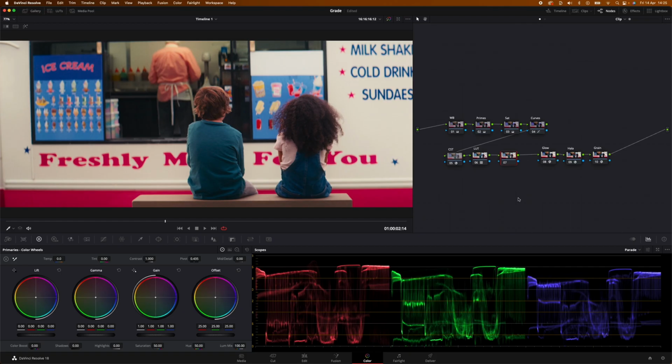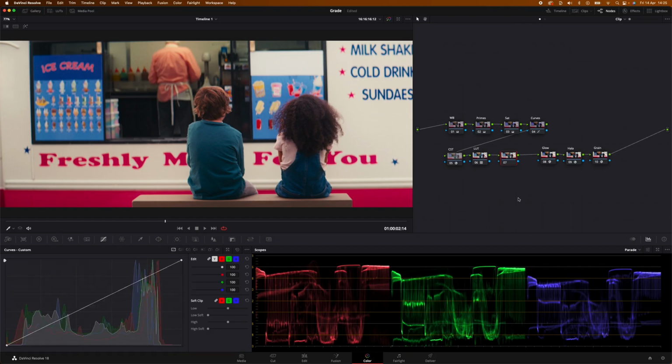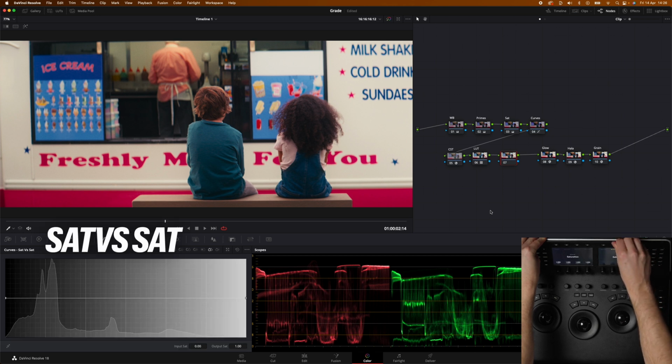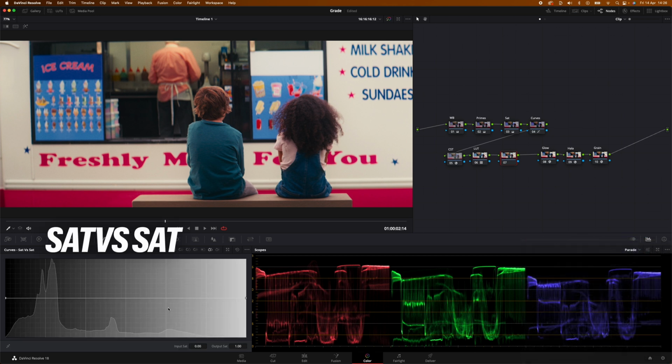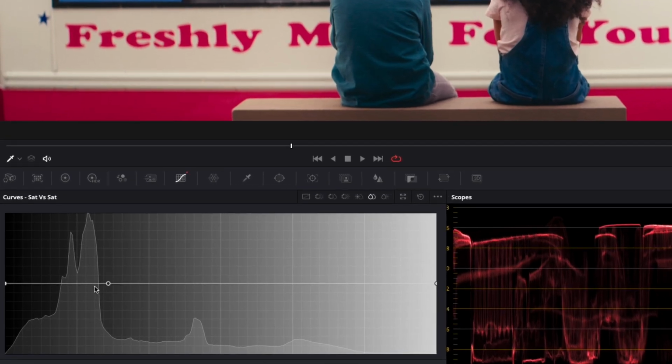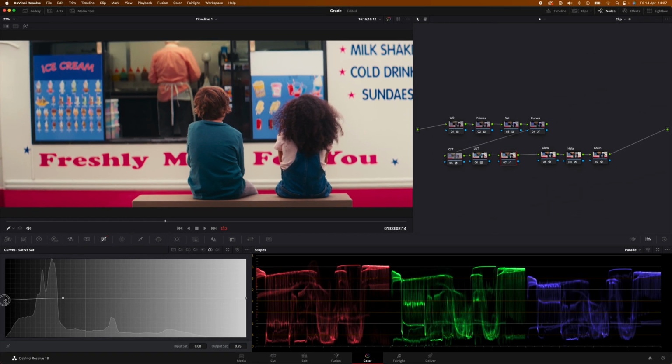So the first thing I'll do now is that I'll go to the curves, and within the curves we have several different curves to choose from. And in this case we can use the sat versus sat. The right side of the curve represents the higher saturated parts, and the left side of the curve represents the lower saturated parts. If we select a point right here, for example, then we can take this point and drag